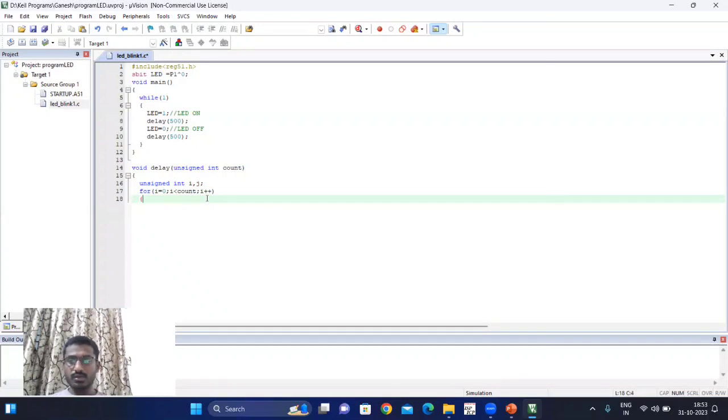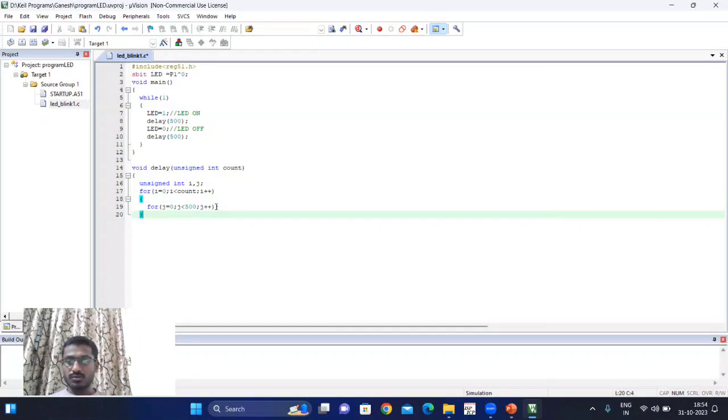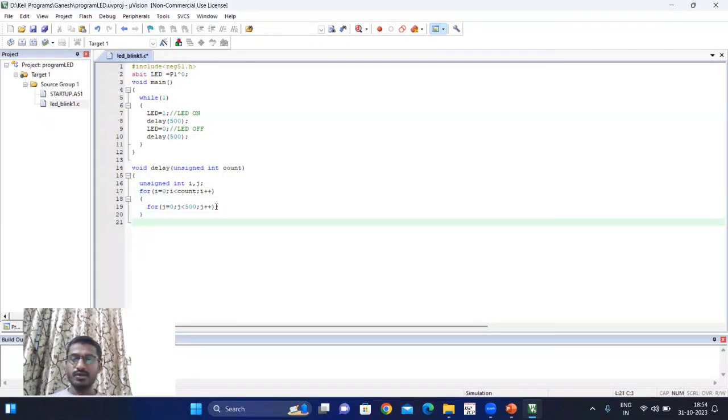So I'll be adding one more for loop to generate more delay. So for j equal to 0, j less than 500. This 500 is just a random number. I've added it for the loops,